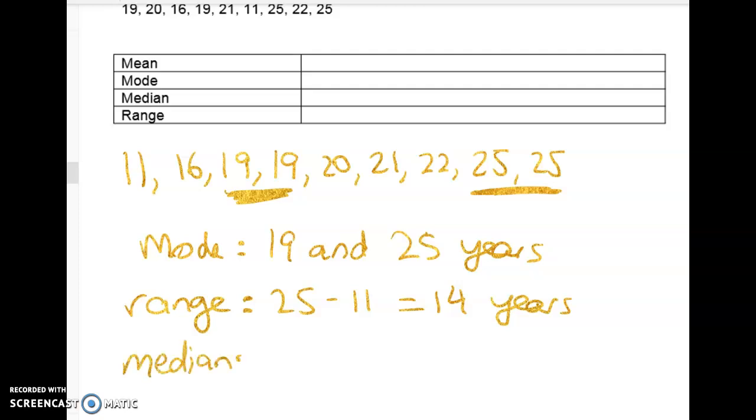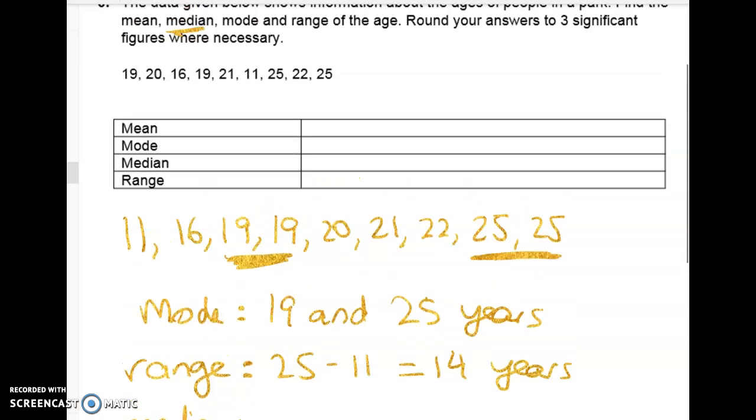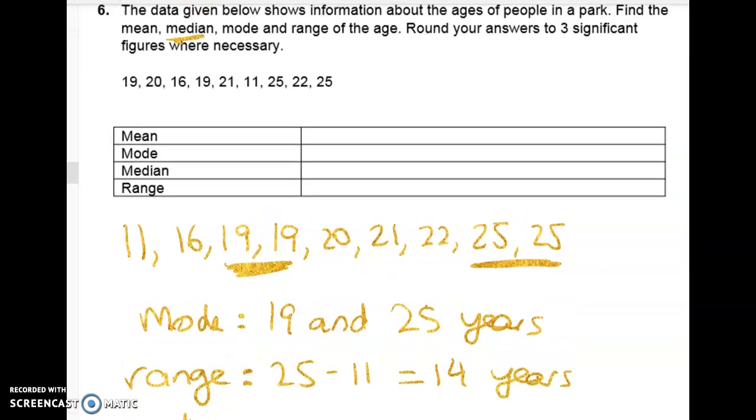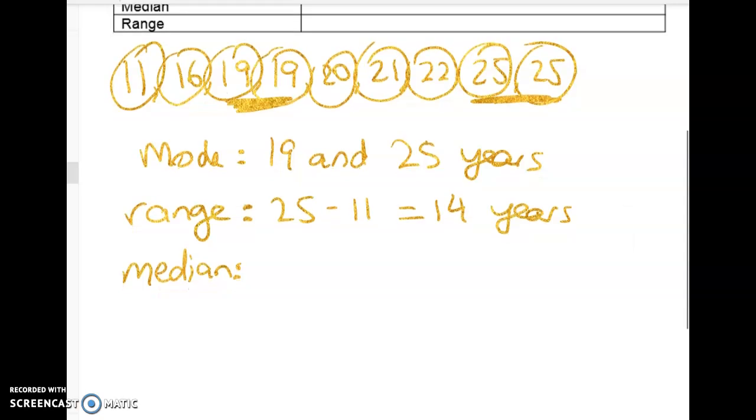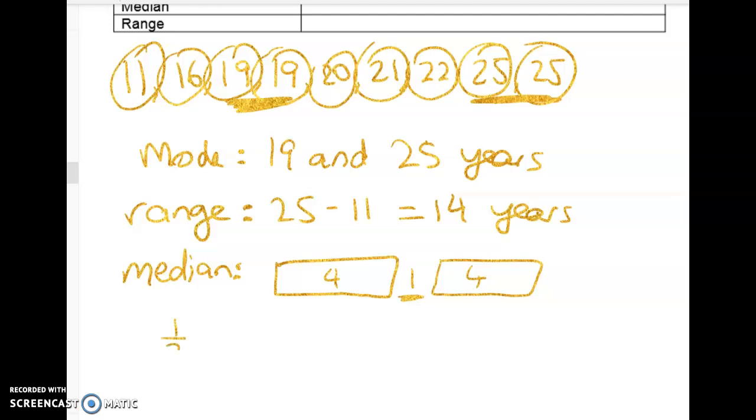Now, the median's the middle value. So the first thing I have to do is count up how many people we've got in the group. 1, 2, 3, 4, 5, 6, 7, 8, 9. Right, 9 people. So there are some different ways to do this. Some of you will be able to visualize this really easily. We want to find the middle person. So if you can see it, you can think about 4 here and 4 here and 1 in the middle. The other way to do it is to say, well, what's half of 9? Well, that's 4.5. So we do the blocks of 4 either side, and then we get the person in the